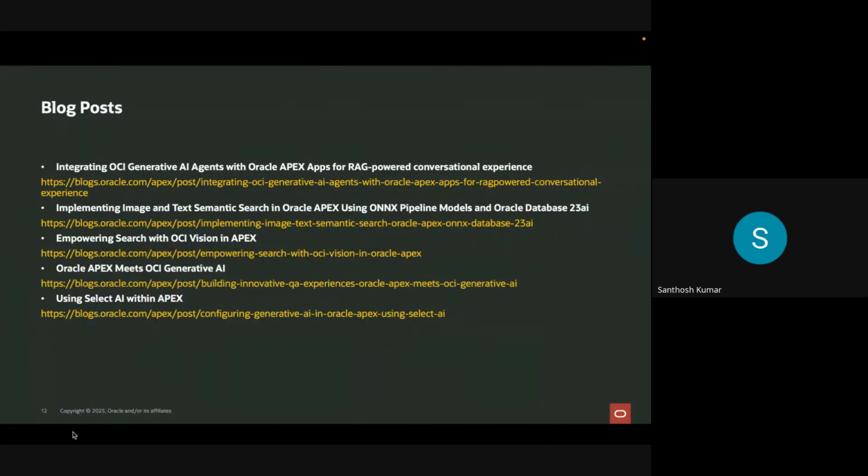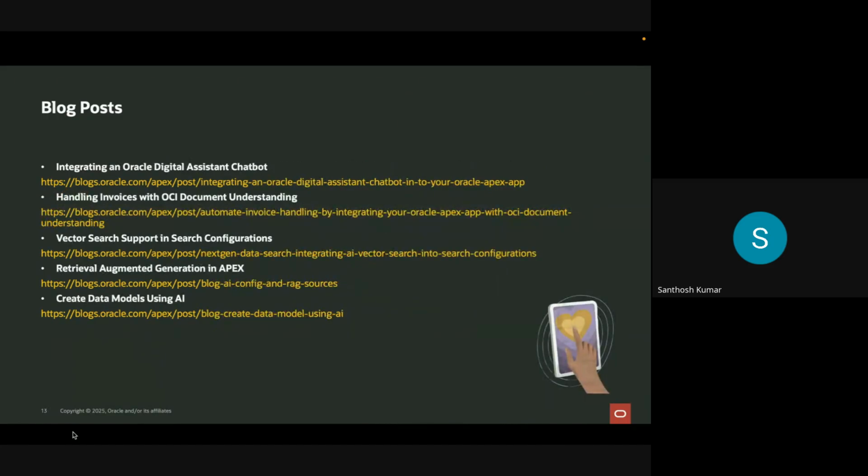In our upcoming sessions, we have one on generative AI agents. Whatever I have shown now is on table data, right? So what if you have a support document of 40 or 50 pages, and you want to ask questions on top of that? That we'll be covering in our upcoming session. Similarly, you may want to do an image search, a vector search using an image. You upload an image and you want to see the relevant images, or you type your text and it has to fetch a relevant image. We'll be covering all these things in our upcoming sessions. And you can find all our blogs with Apex and AI at